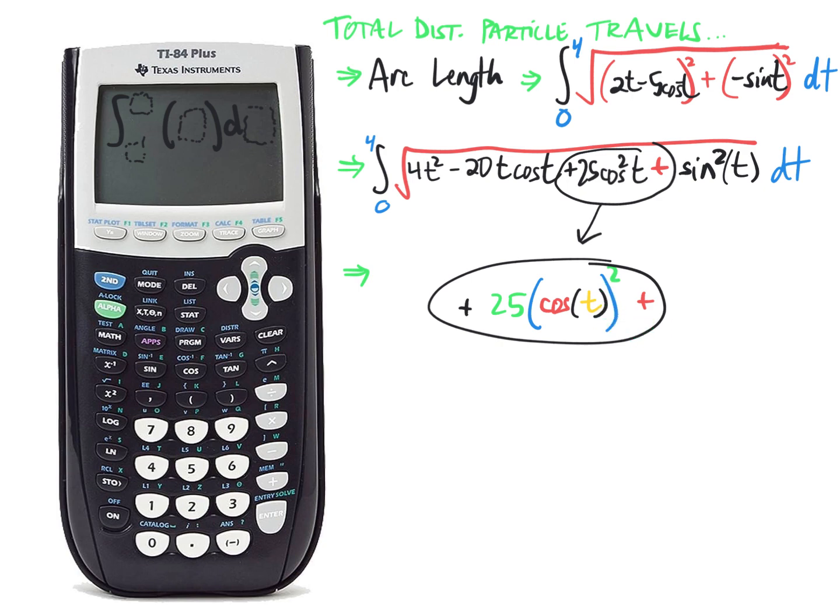etc. Anyway, when you do this, we get an answer that the particle's total distance traveled is about